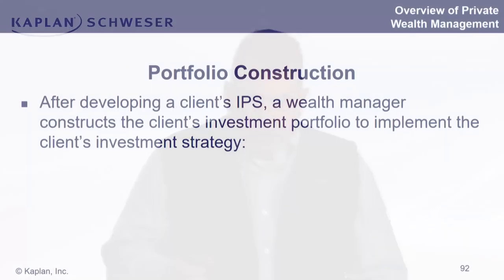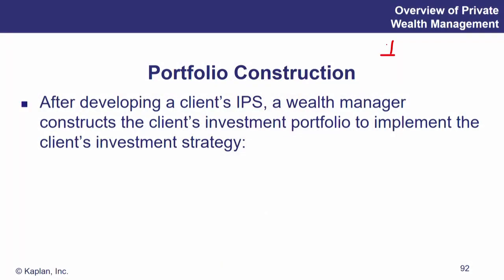Okay, everybody, now we get to the part, this is what we do, this is what we live for. We're portfolio managers, we build portfolios. Now we're at the part we actually can build a portfolio. So we've developed that IPS. We've made those capital market expectations. We figured out the strategic asset allocation. And now we actually get to build the portfolio. This is what we've been waiting for. This is why we're in the industry.